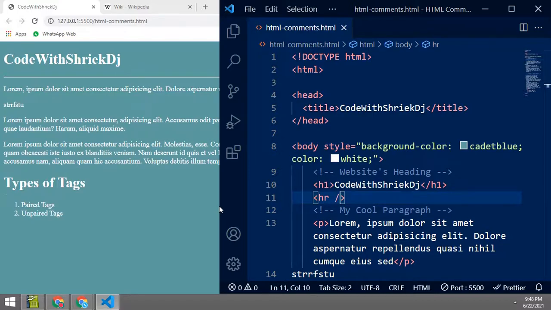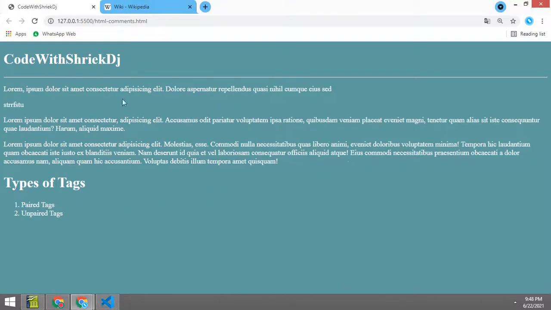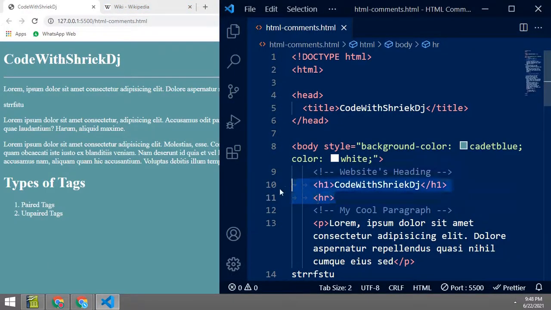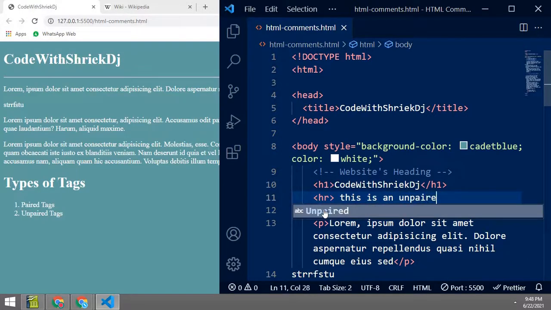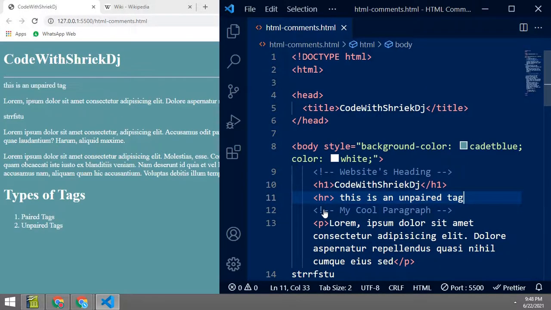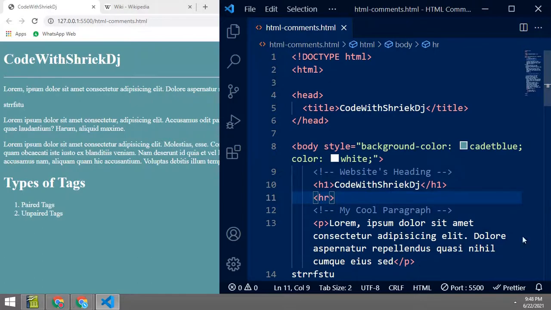You can write it like this or like this. Both will be valid. Okay, so this is a horizontal tag, and it auto closes itself. It is an unpaired tag also. Example of an unpaired tag.